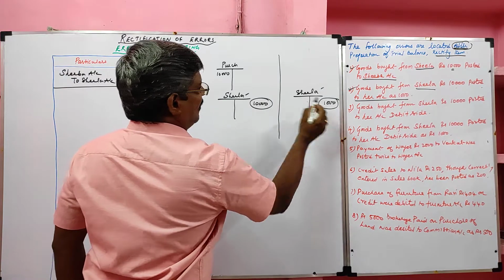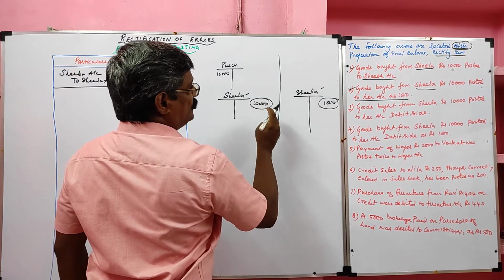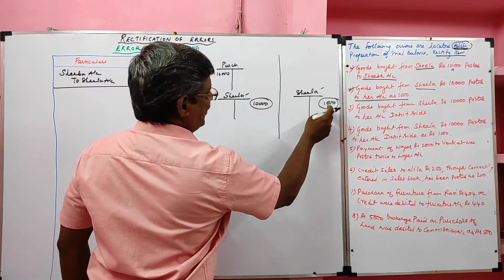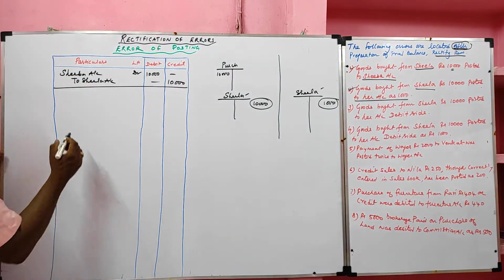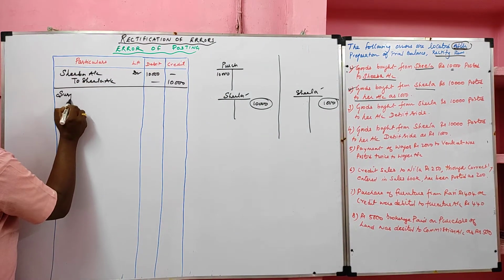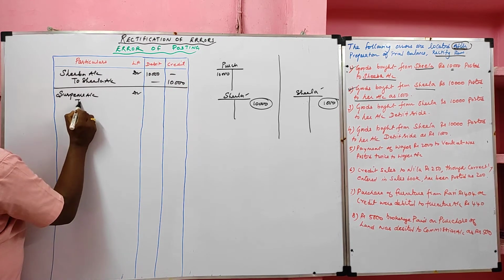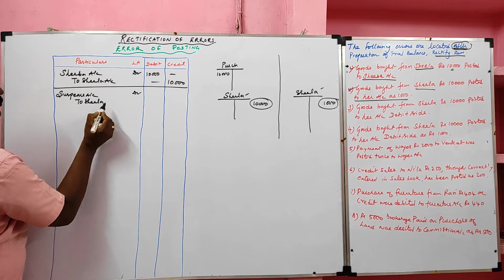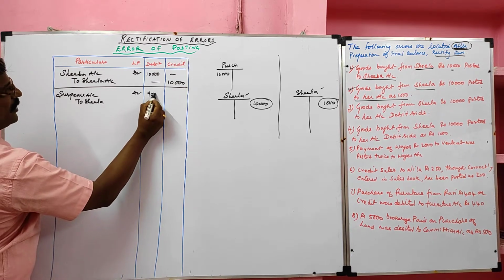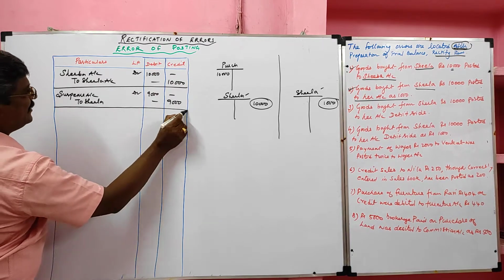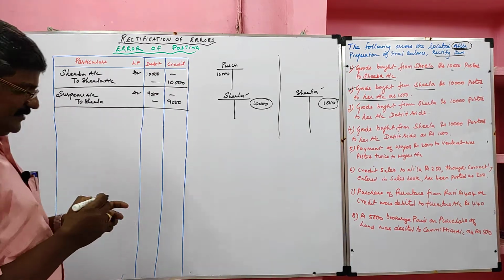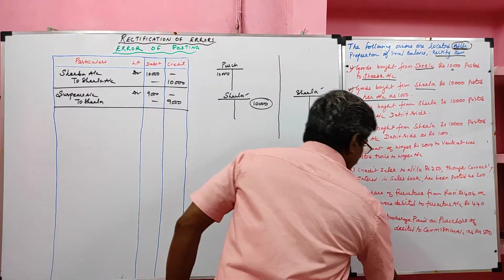So correct account, amount only wrong. So it is called undercast. So Sheila account shows undercast, where credit side. How much undercast? 9,000. Now the Sheila should be credited, suspense account should be debited. Suspense account debtor to Sheila account. How much? We have to record 9,000. Here the error in amount, this error is disclosed by the trial balance. Let me see the next problem.